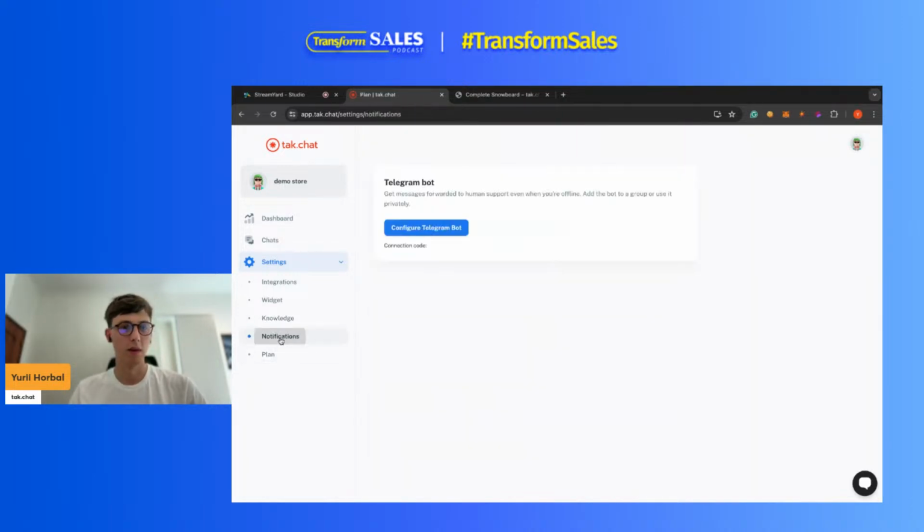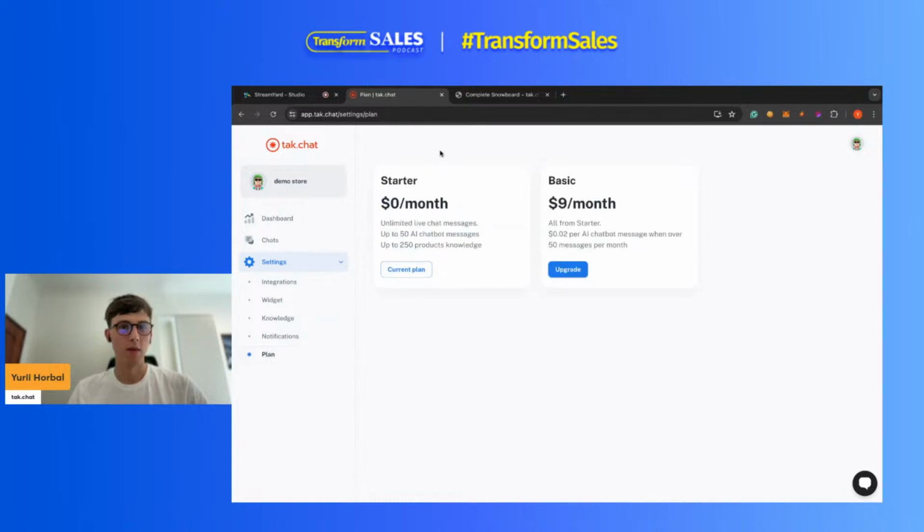But by fulfilling the e-commerce experience, we also make it almost fully accessible for just some landing pages or other stuff. As you said, for plans, we have a totally free plan with unlimited messages for live chat, but up to 50 AI responses per month. After that, it's basically one of the cheapest solutions on Shopify because we charge just $9, whereas usually this product costs $20 or $30.